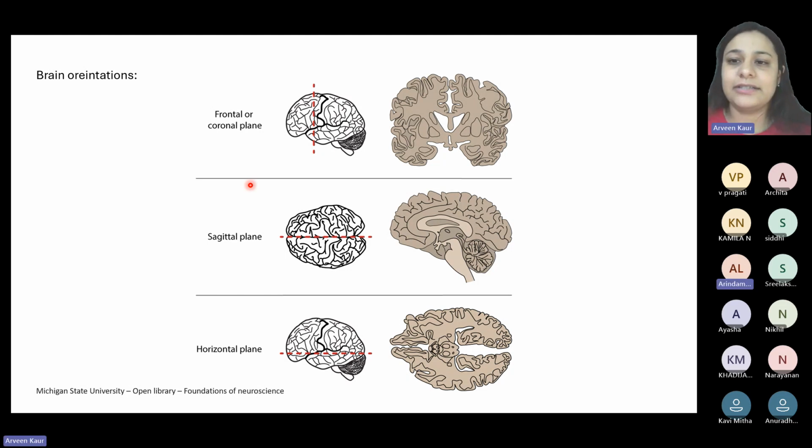Then the second most common one is the sagittal plane. In the coronal cut, one cannot really look at the hippocampus that well. You might recall from Sir's lectures that the hippocampus is one of the most studied regions of the brain, and then even the cerebellum. In the coronal plane, the hippocampus morphology, the C morphology with the CA1, CA2, CA3 regions, is not that visible, and the tree-like morphology of the cerebellum is also not visible.